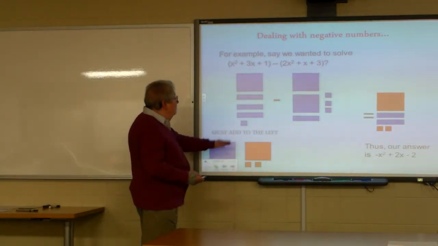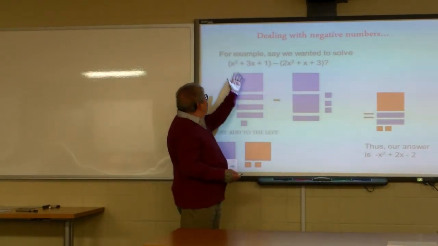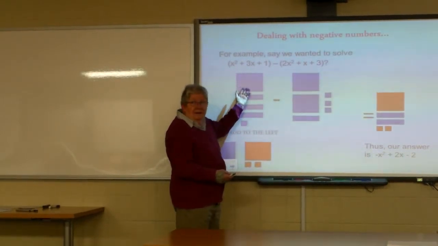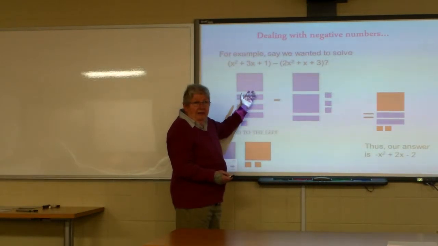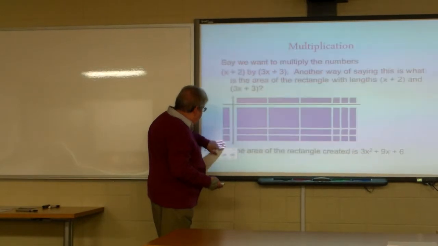Well, we're taking 2x squared away from an x squared. And obviously we can't do that, right? So what we need to do is we're going to add,